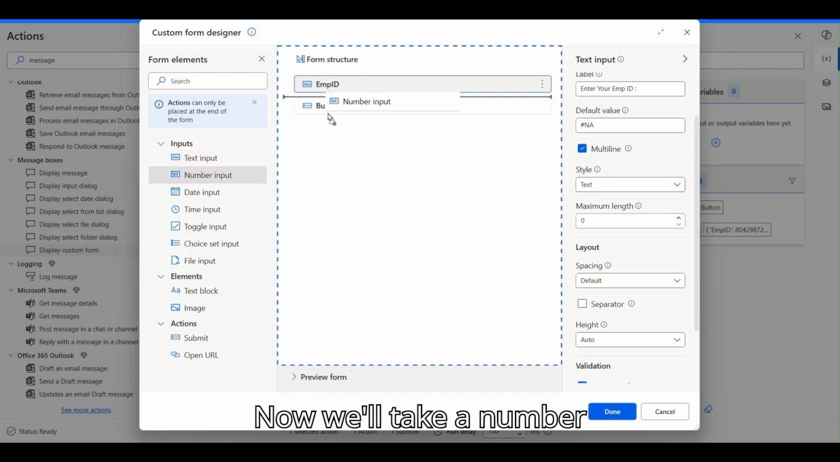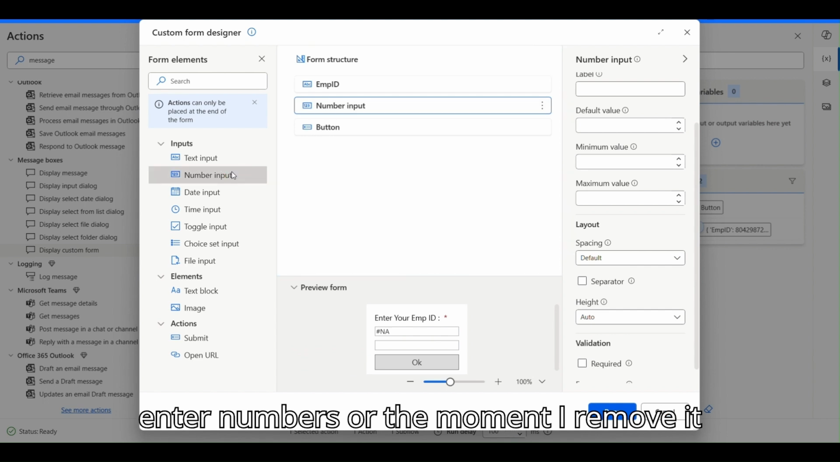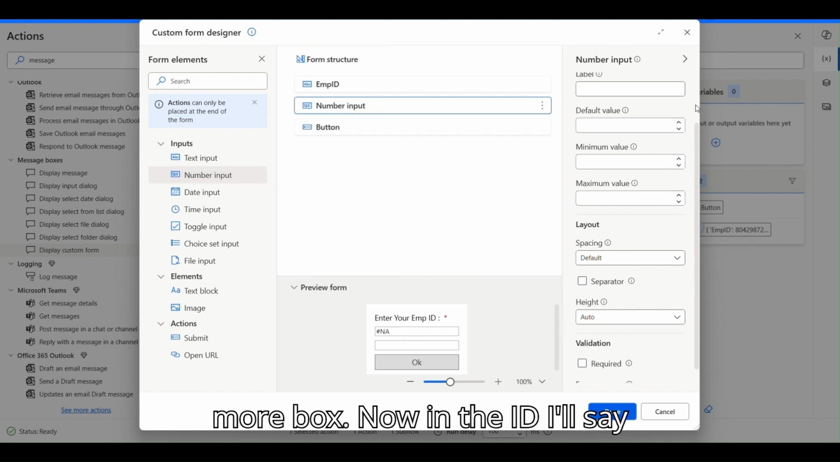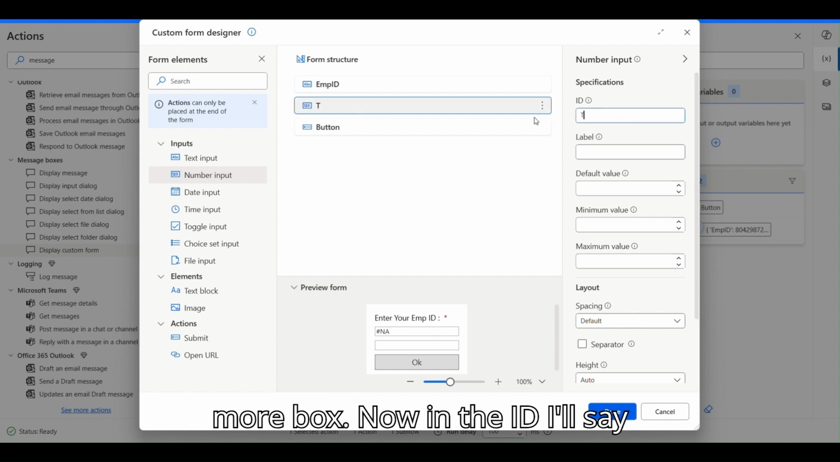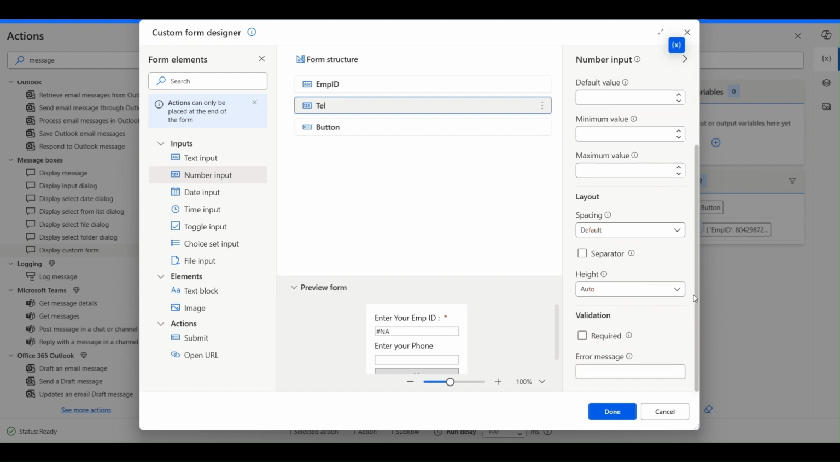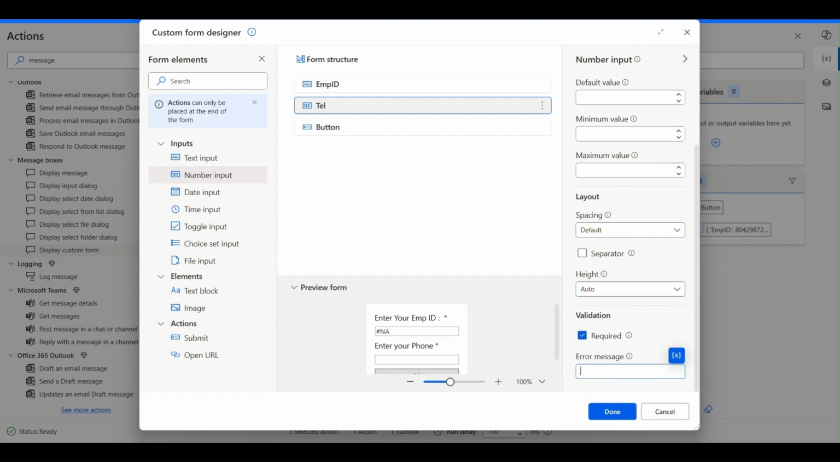Now we'll take a number, right? In the preview form, the moment I enter number, so the moment I remove it or the moment I enter, it will show me one more box. Now in the ID, I'll say TEL, and the label, I'll say enter your phone, right? I'll say it required, and I'll say must be a number,